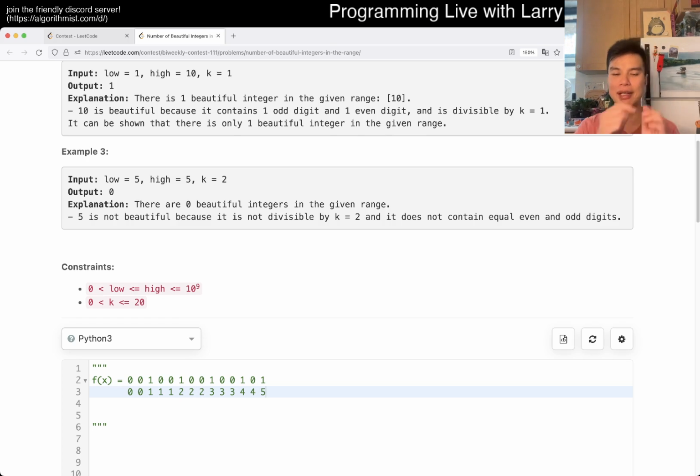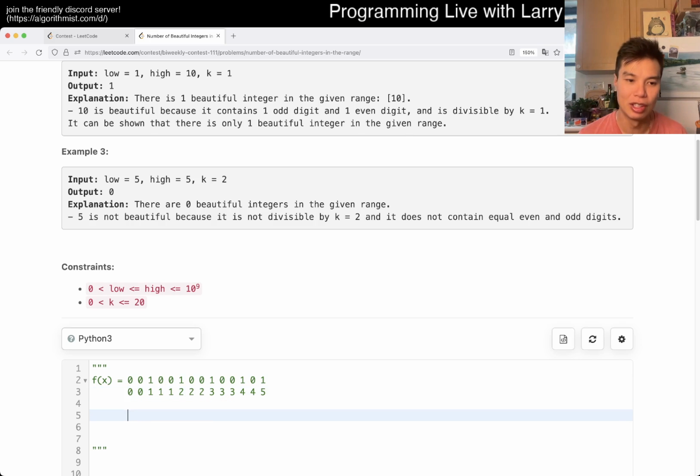So it becomes like a prefix sum sequence, and from this kind of sequence, to get the total within 2 indexes or a range, it is just equal to